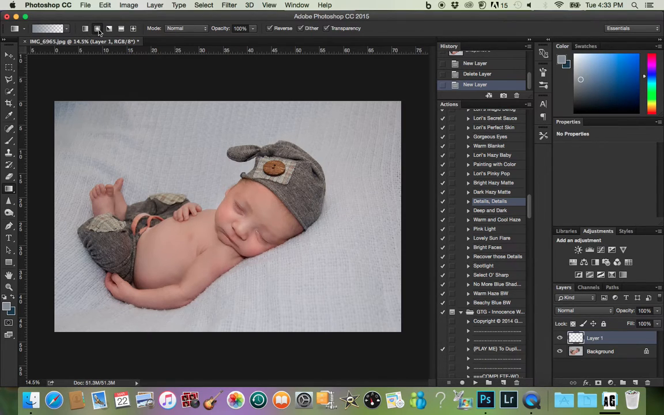I like to use the radial gradient for blanket fades. That way it kind of fades all the corners a bit, whereas this one's great for backdrops because you can just fade from the top down. And when you're on the radial gradient, you want to make sure it's clicked on to reverse. Now that I have my gradient